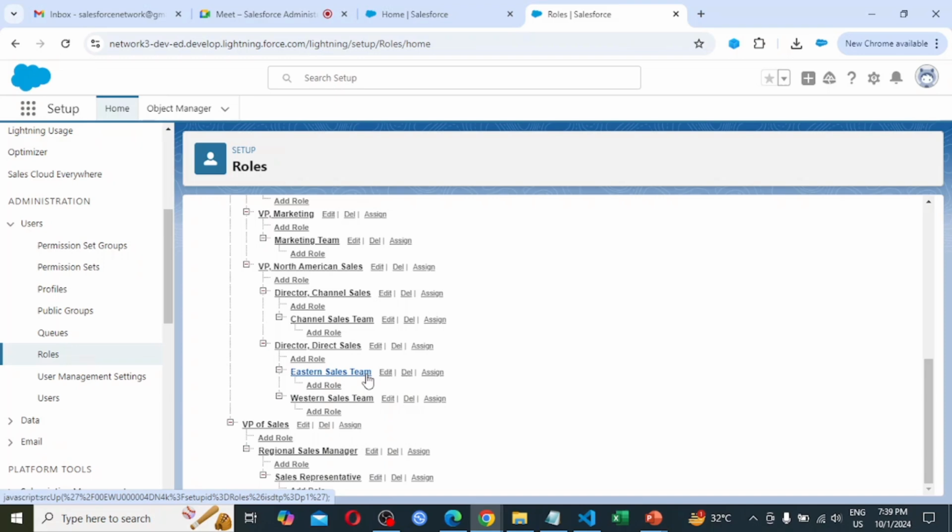In that setting, if it is private, they can see their own records only. Eastern sales team has their records, and they can create, view, delete with their sales team. Western has their own records, and they can't see each other's records.